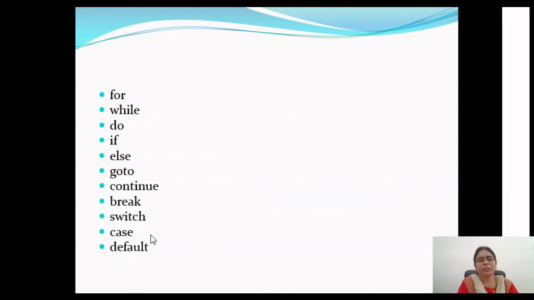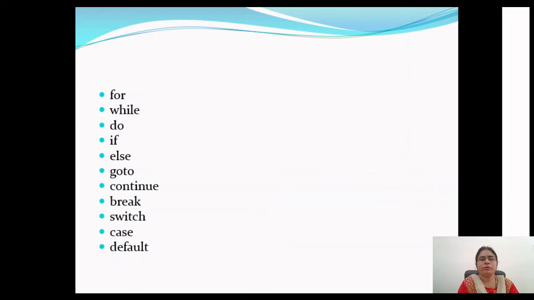These are the three keywords again related to one of the selection statements, and this is basically a multi-way selection statement, and this multi-way branching is based on the value of a single variable. So we specify that we need to switch on the value of a variable, and the branches or the conditions on which we want to switch are specified with the help of cases. So we have different cases. If the value of that variable matches with any case, then we switch on to that particular block of statements.